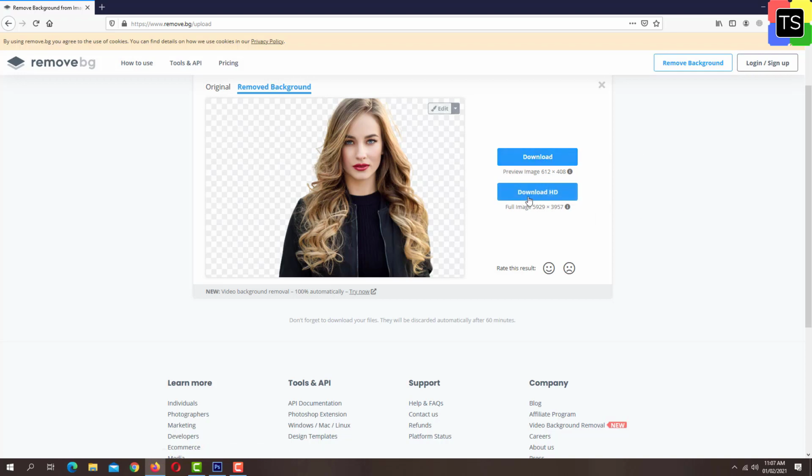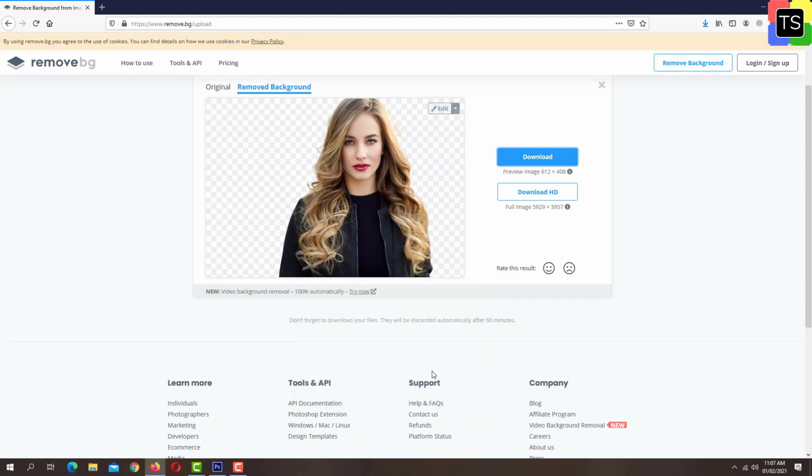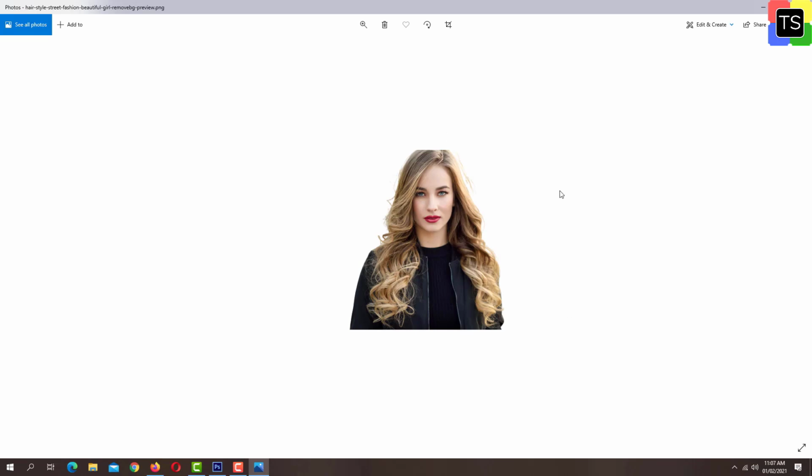If you want to download in HD, I think you need to take their premium plan. So you can go with the download button and you can get this image with good quality. Just save the file to your PC. Now when I open this image, as you can see, the image is transparent and the background is completely removed.